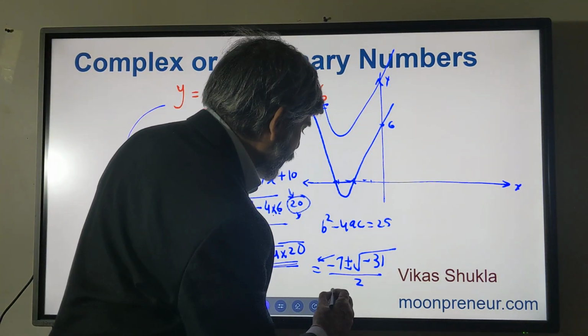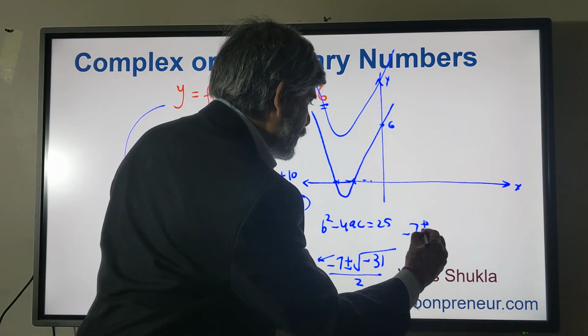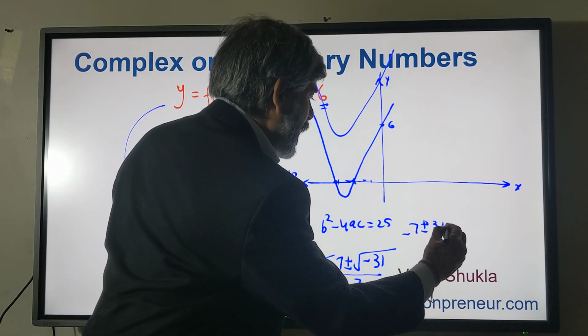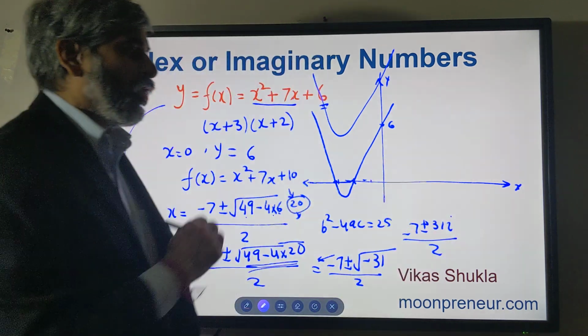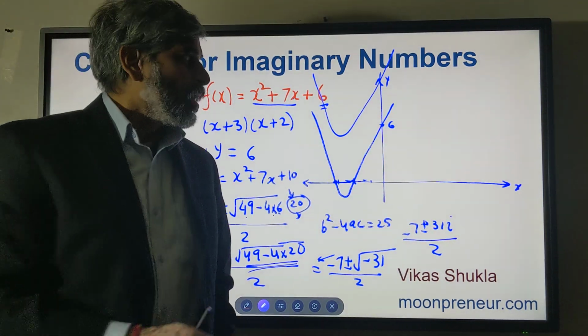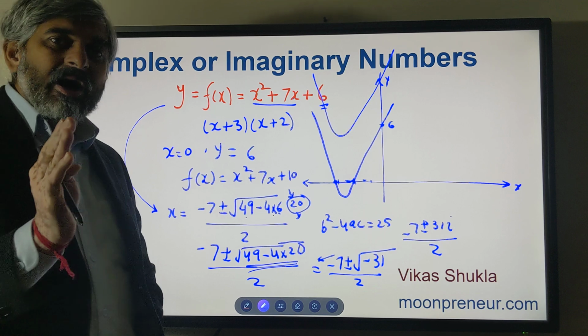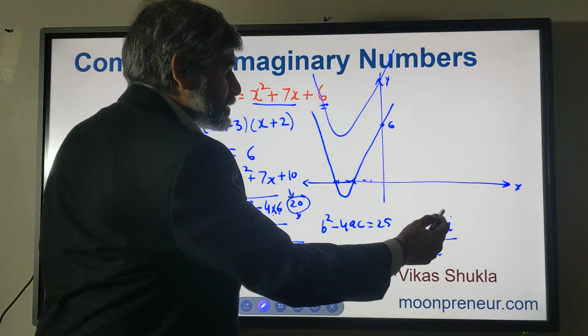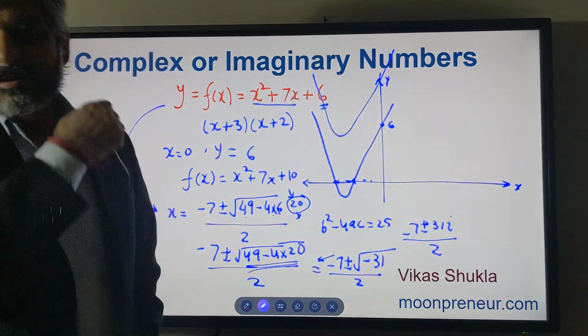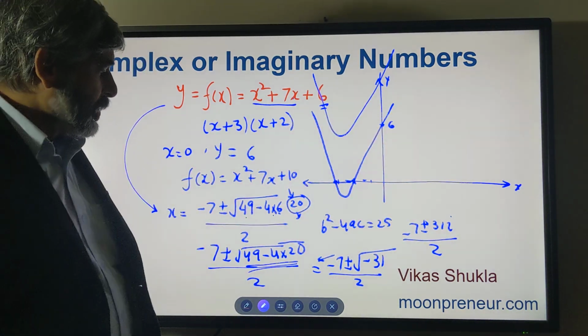Divided by 2, or we can write it as minus 7 plus minus root 31 i divided by 2, and that gives me the origin of a complex number. So this is how you can visualize this. In one way, the larger this imaginary number, the farther this parabola is away from the axis, so as to say. But